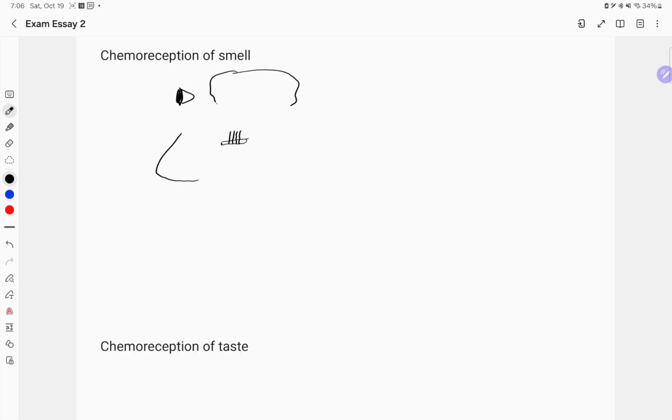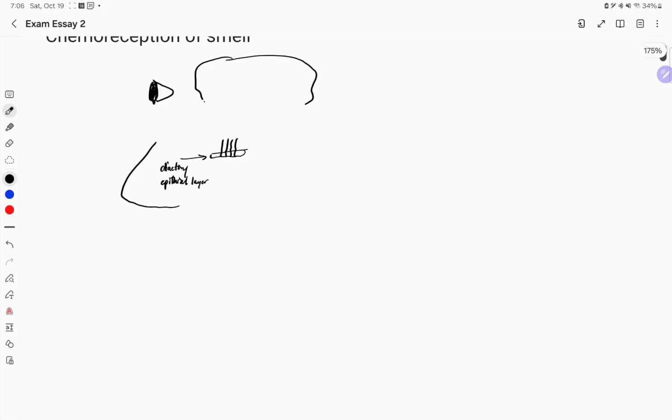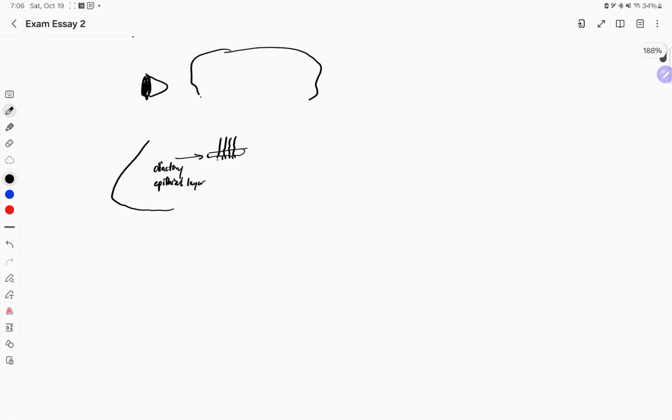So here you have this layer called the olfactory epithelial layer of these cells, kind of like a membrane. And then you have these neurons that have kind of these dendrites that extend past the olfactory layer. And that's where you have these particles from whatever you're smelling that are being sensed by the neurons and sending messages